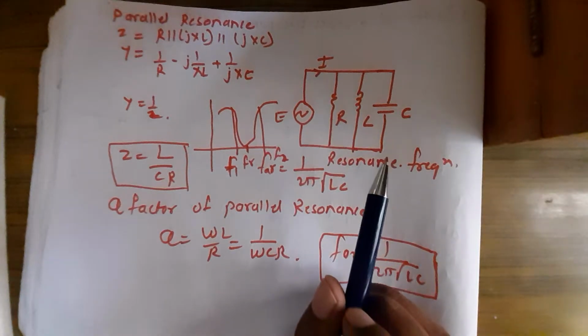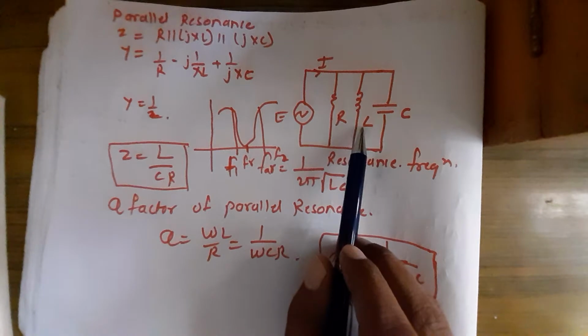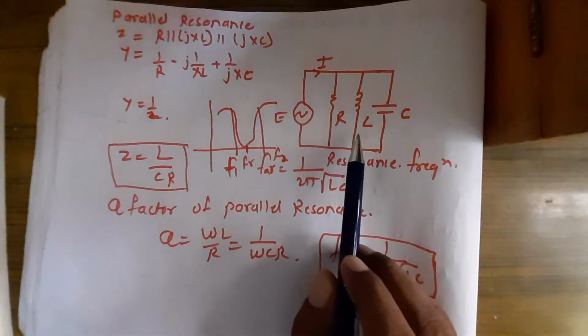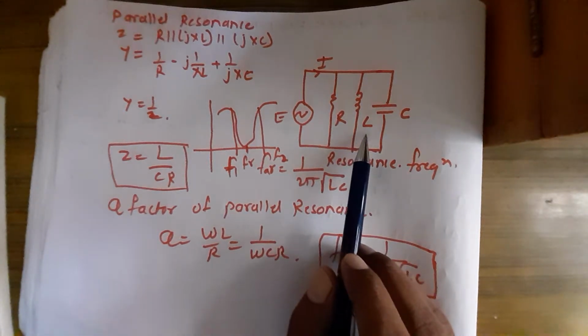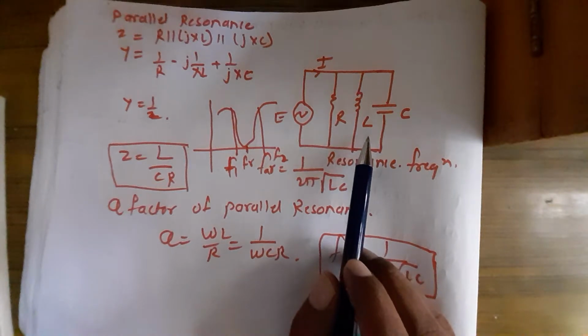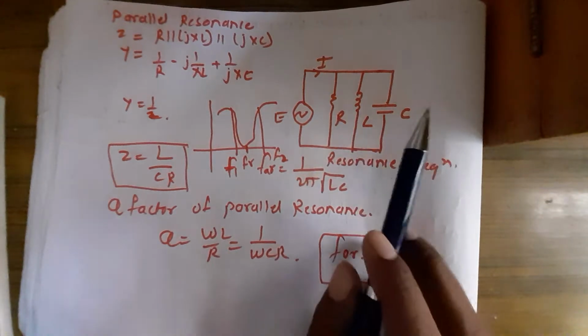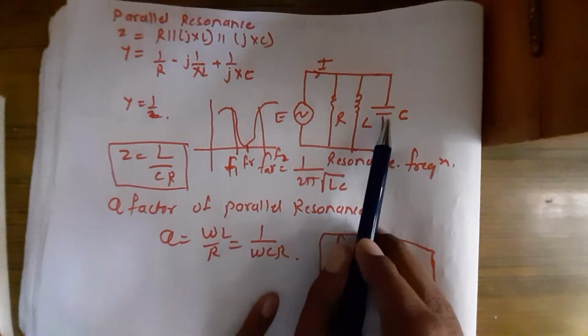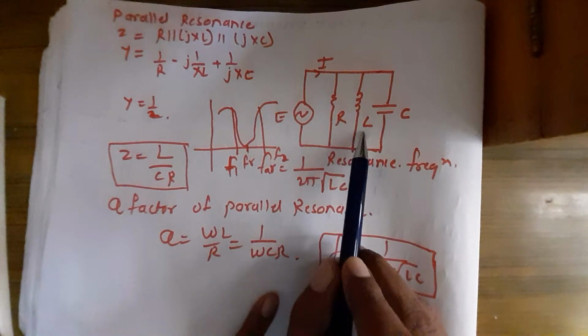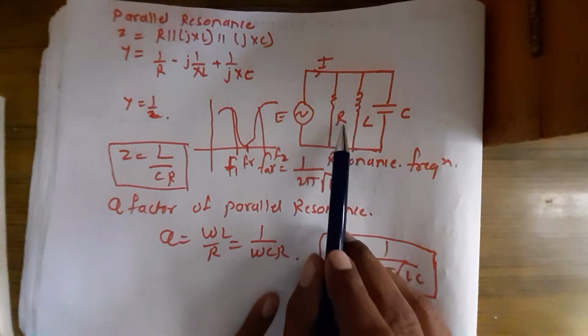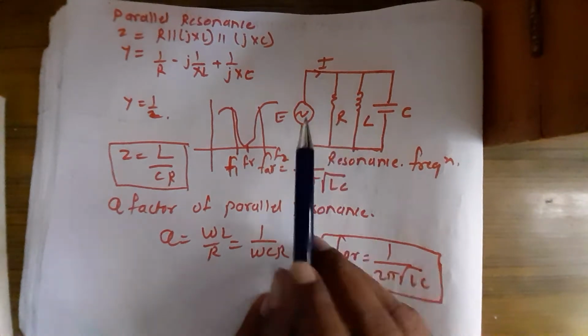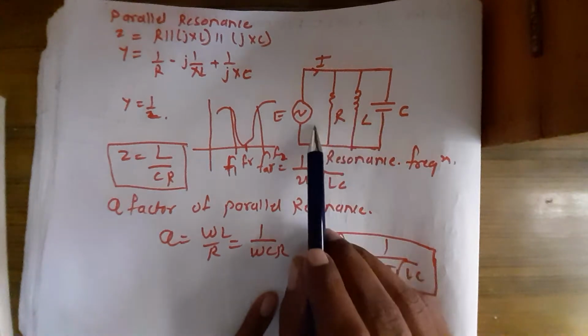Similarly, a practical inductor is not purely reactive but has a winding resistance. Every inductor has its resistance, called RL, and some capacitors may also have resistive components. However, in general, a capacitor is assumed to be purely reactive, so its value stays as it is, but the inductor has a resistive component, so RL is also added. So R, L and C are connected and we give the supply.